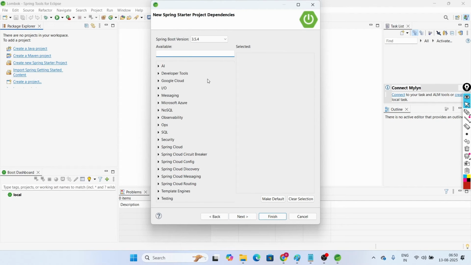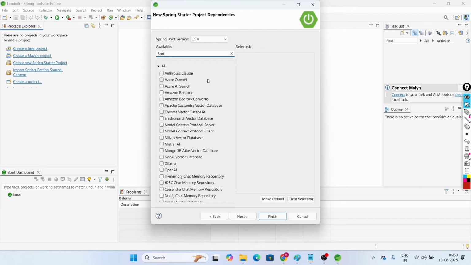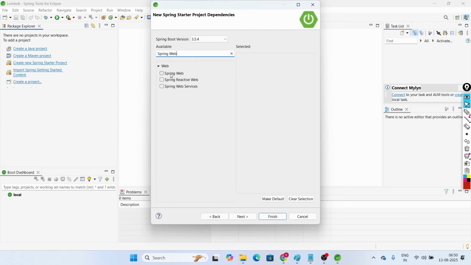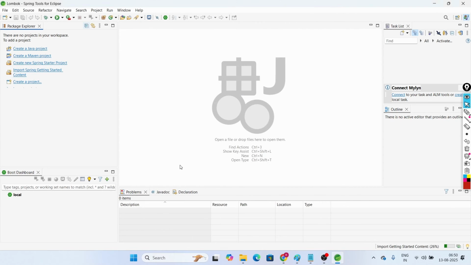Here we need to choose the project dependencies. I'm choosing Spring Web. And since I want to use Lombok, here we have to use Lombok. In available, search for Lombok and make a check mark, and click on the Finish button. That's it. The project will get created. Now, in this project,